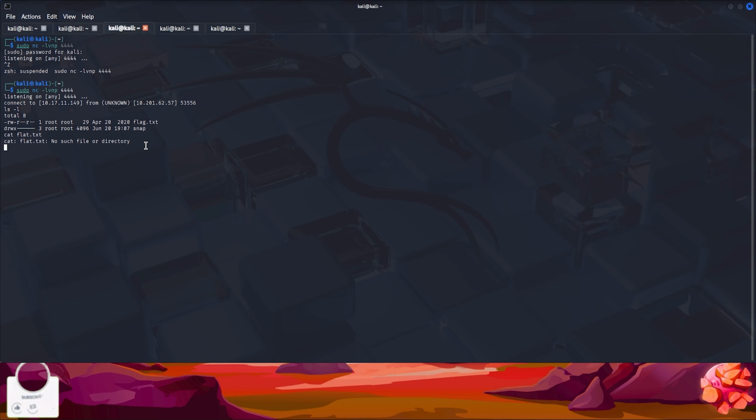Cat command does not work here. So I'll just somehow copy this from my machine to other. But why cat command is not working? Oh, sorry. I just wrote flat.txt, which was incorrect. You got the telnet flag. That's it for this telnet thing. It was quite easy, but